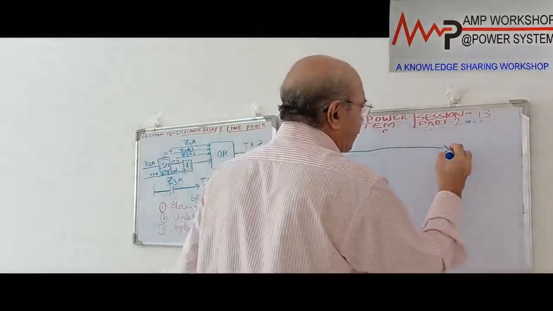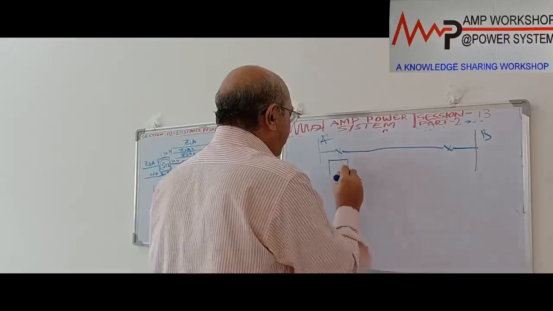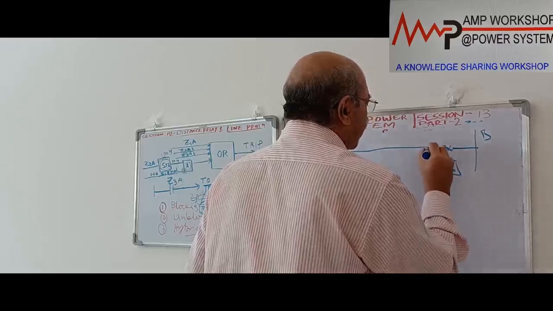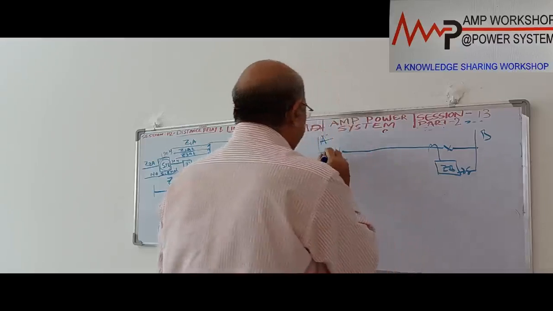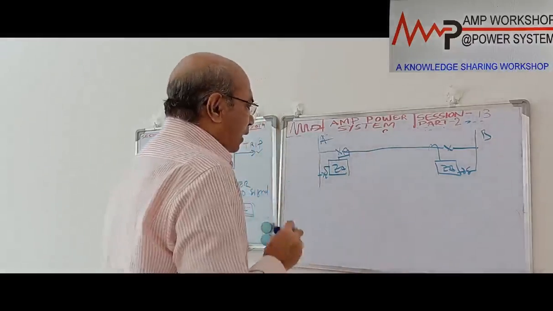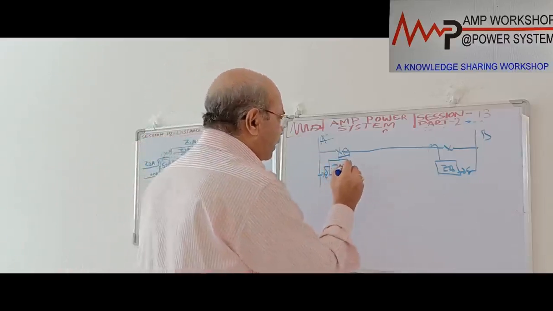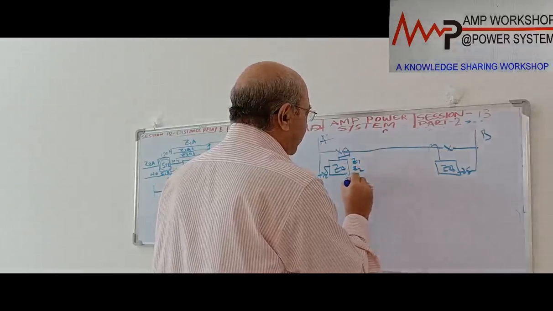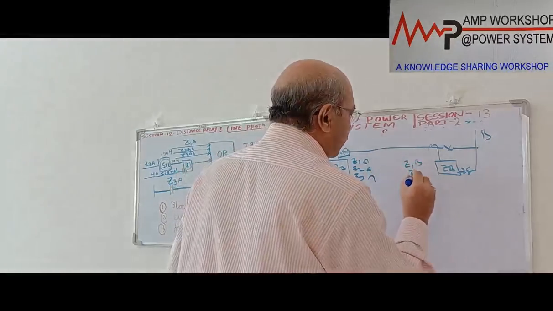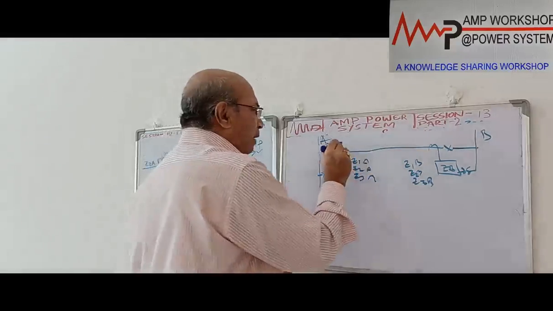This is a transmission line, this is station A and this is station B. Relay ZA is connected here, and relay ZB is connected here, with a CT over here and a PT over here. Here CT is connected and PT is connected to the bus for the ZA. In the case of the permissive overreach scheme, we have three elements, Z1, Z2 and Z3. Here also ZB has three elements, Z1B, Z2B and Z3B. But all these elements are looking in this direction.